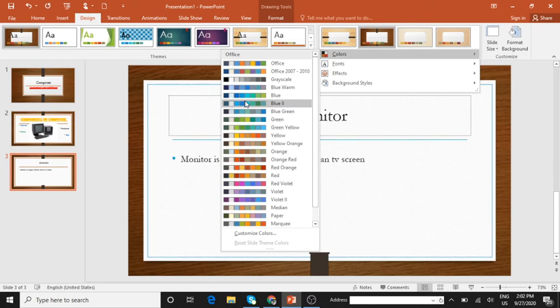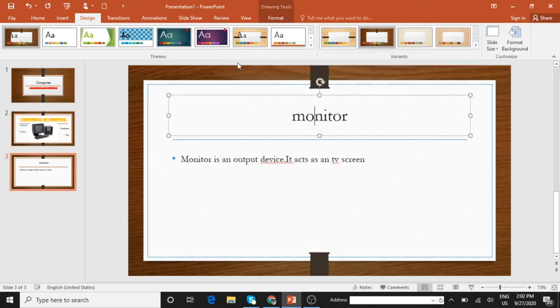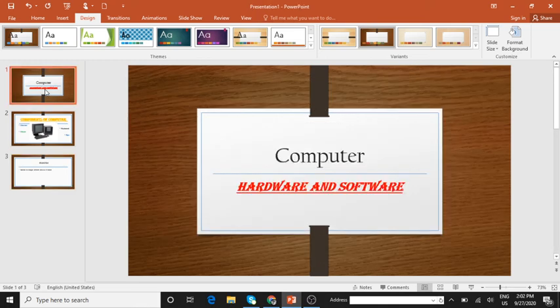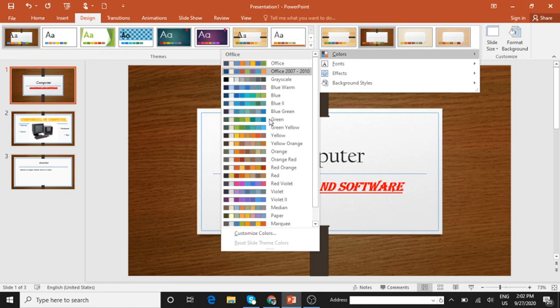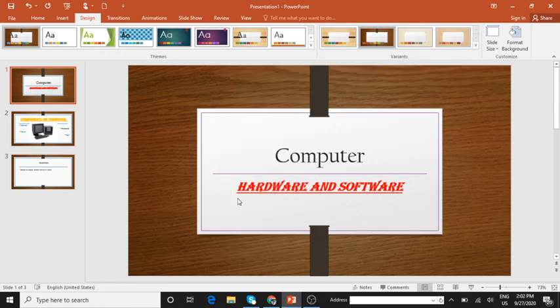Select the required theme color. I'll select blue. Can you see this, which changed to blue? Fine. The changes will be applied on all the slides of the presentation. Can you see this? See, it's become blue. I'll just select once again. Click on the design tab, list of variants, colors. A little different color I'll choose so that it will be visible for you. Now I chose purple and all the slides are changed to purple.